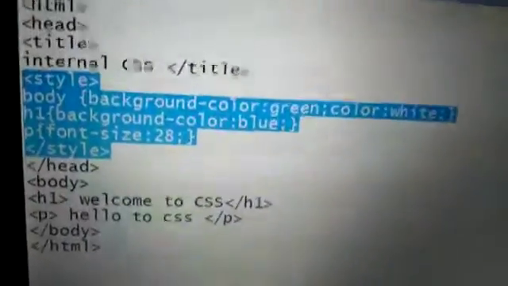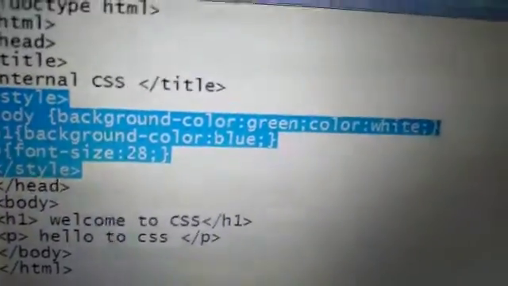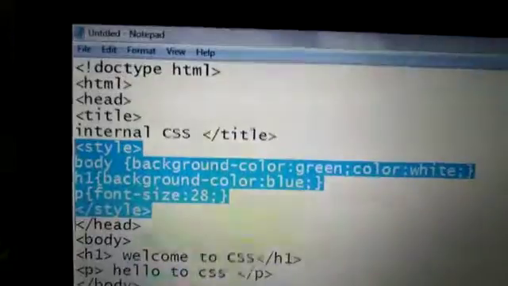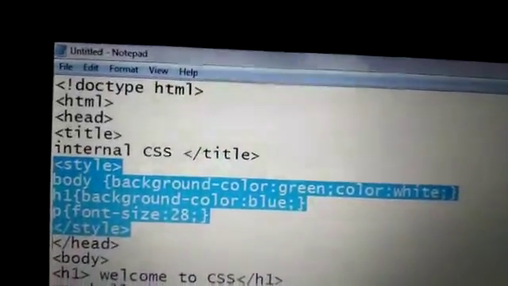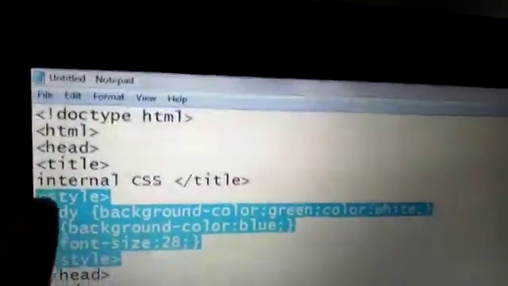The internal method is used to decorate if we want to apply formatting to a single page or a single document. For this, we apply the style in the head tag.